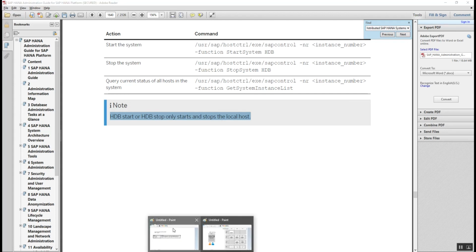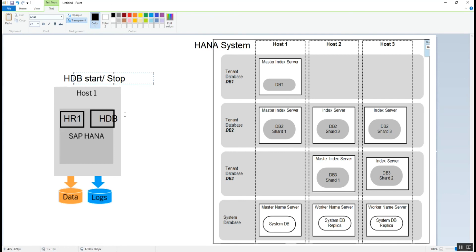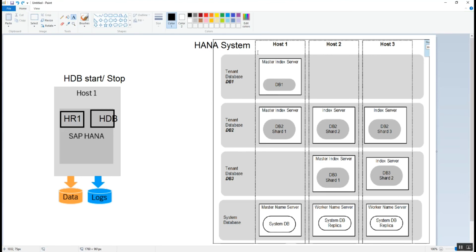So if you are using a single host HANA system with multiple MDC tenants, you can still use HDB start and stop, which will stop all your tenant databases on that single host. But if we are using a distributed or scale out environment, then it is better to use sapcontrol to perform the start and stop from the OS level.